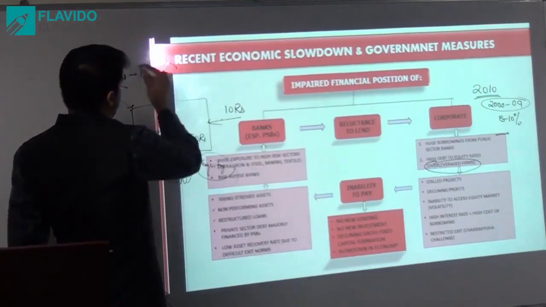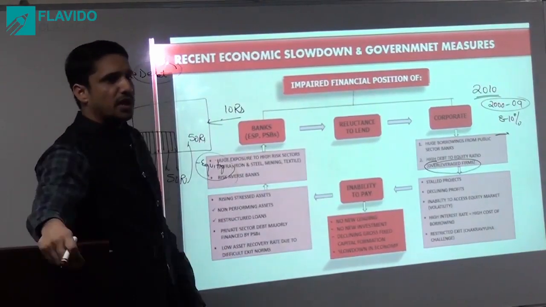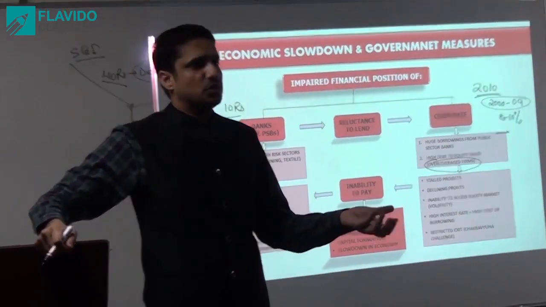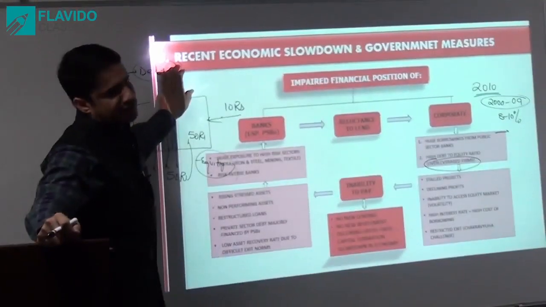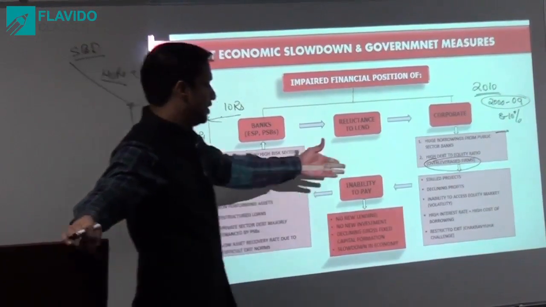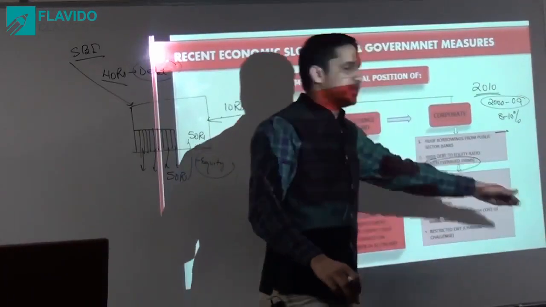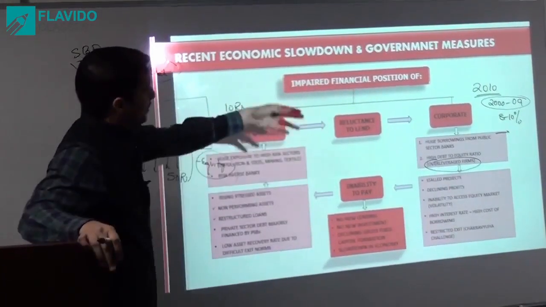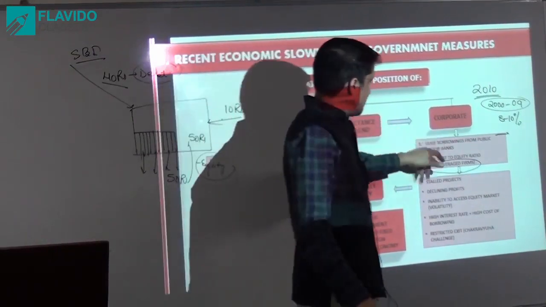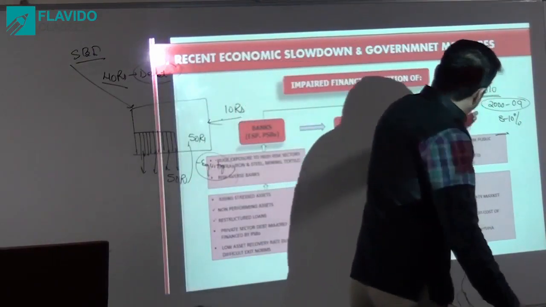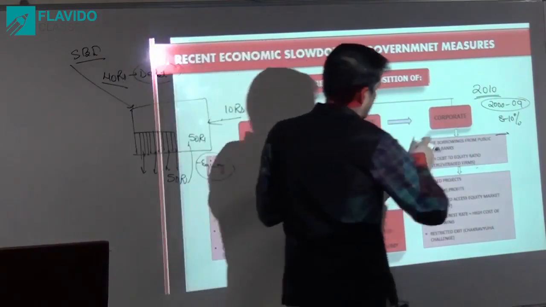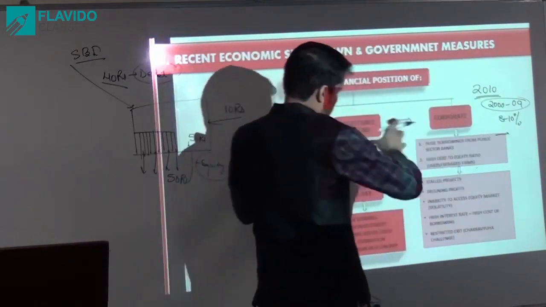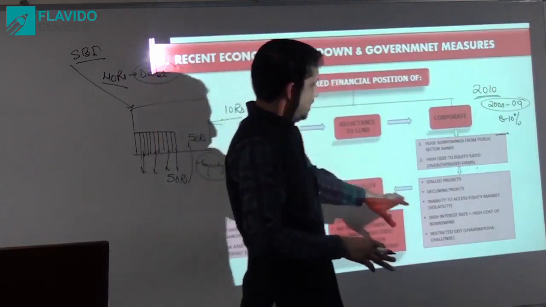But suppose this debt is very cheap. You are getting loans at the rate of 2%, 3%, 4%. So you will borrow more and more in the form of debt rather than diluting the ownership. So that changed their debt to equity ratio. Two problems: first, huge borrowings from the public sector banks, and second, the change in debt to equity ratio. Finally, when the 2008 bubble burst came, the housing bubble burst, recession came,